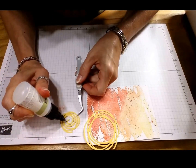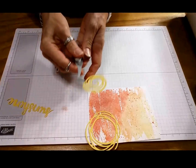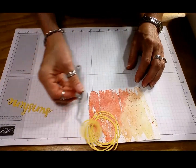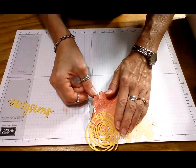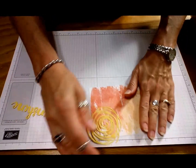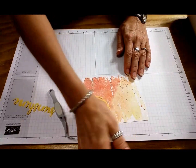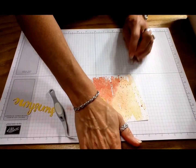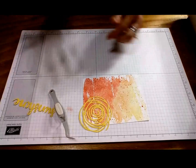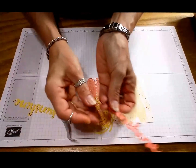So now I'm going with the smaller piece, and I'm going to also cover it with a little bit of glue and put it in the upper corner centered inside that circle. So this gives me sort of a sun. What I really should have done at this point is found an acrylic block or something fairly heavy and set it on top to let it dry. That does help it to all dry flat, and I realized this later, but